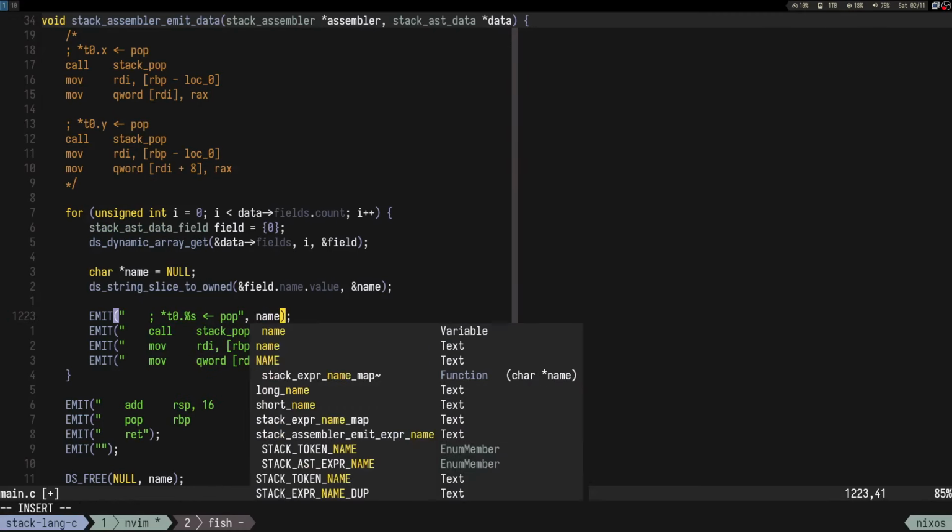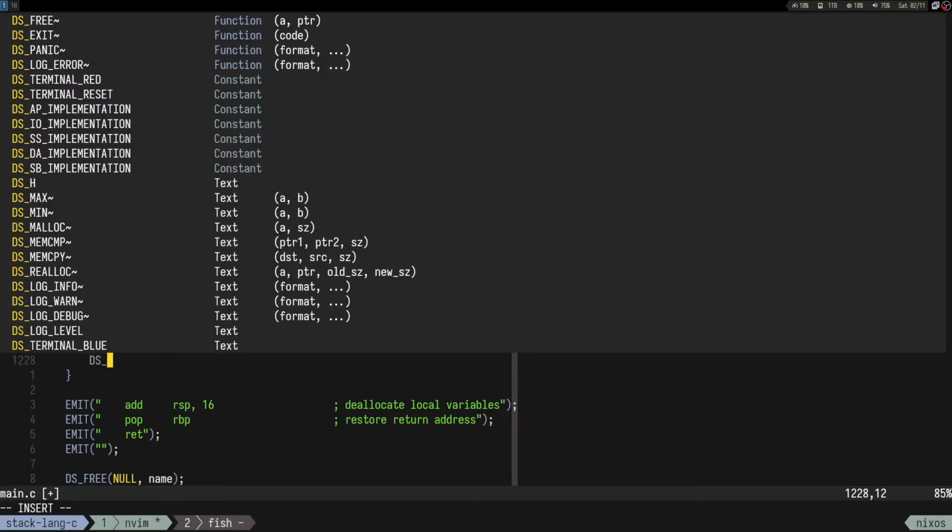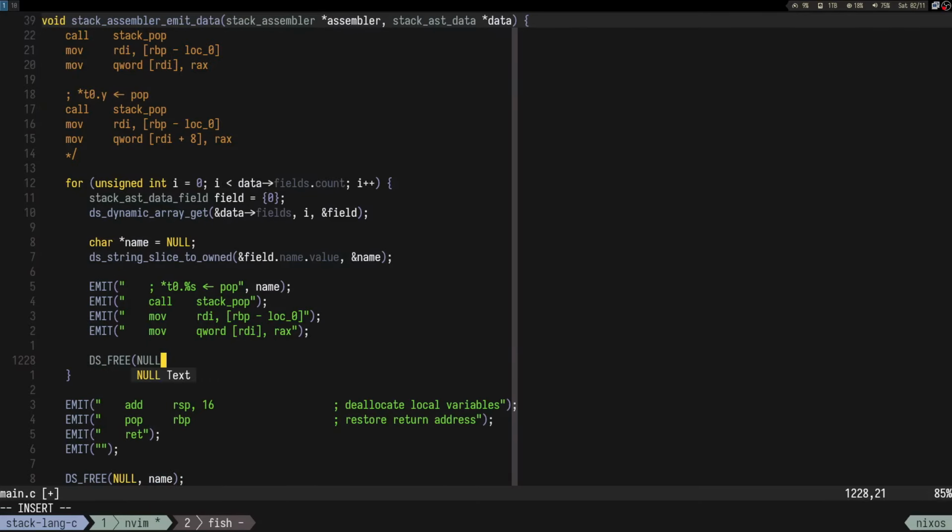Here it's name, and then we do ds free null name, so we free it. Okay, so yeah, that's just for the memes, let's say. I mean, yeah, you cannot really break. Okay, so then we have stack pop,